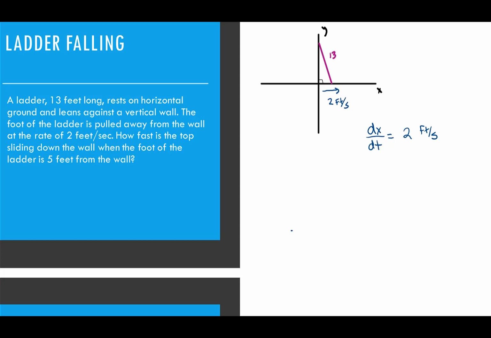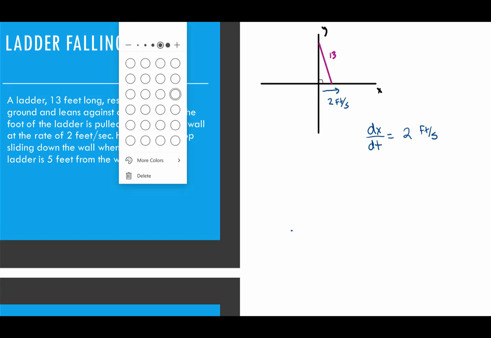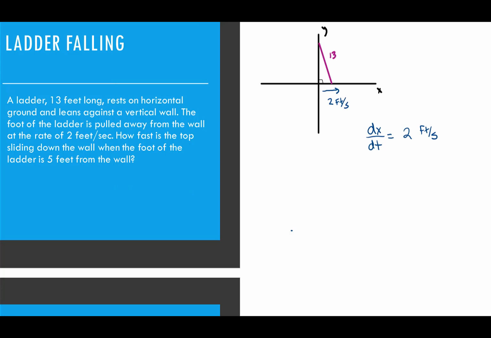So let's continue going. And now it's asking, how fast is the top sliding down the wall when the foot of the ladder is 5 feet from the wall? Excuse my kitty, she likes to make a lot of noise. So then we also have, the question is asking us, how fast is that y value? What's the change in y with respect to time? And that's what the question is asking us. It wants to know how quickly is the top of the ladder falling